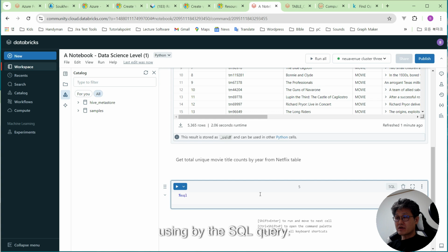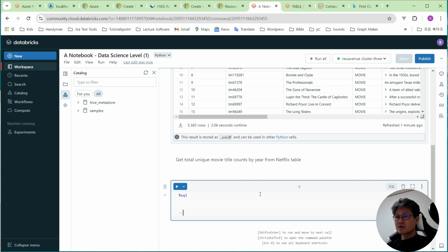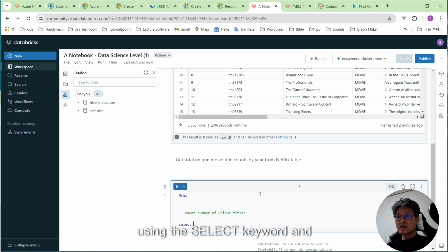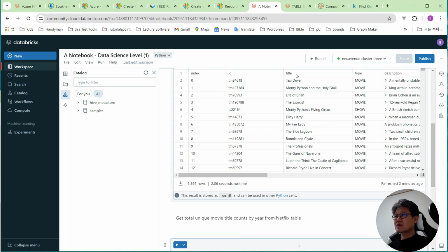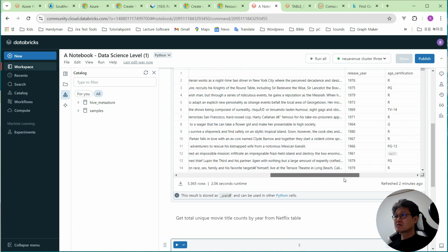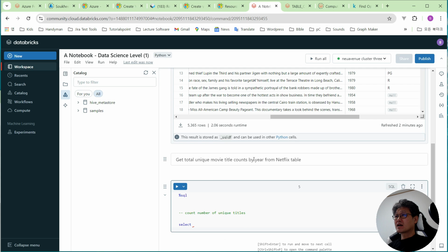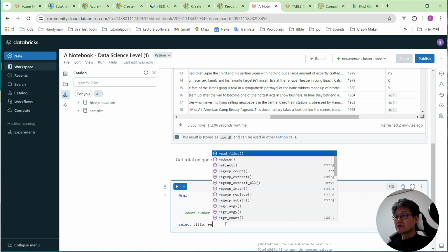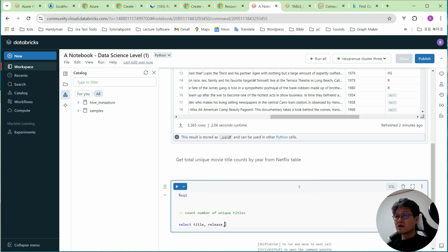So I'm going to count the number of unique titles now using the select keyword, and you see that I'm using the title. I'm going to take this release year because I'm going by year. The years means the release year, title, and will release under the year from